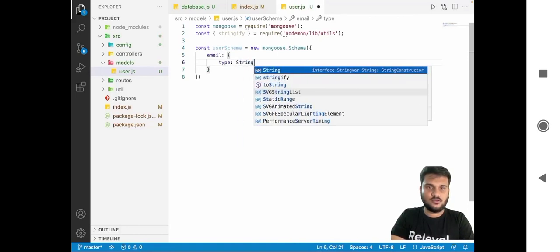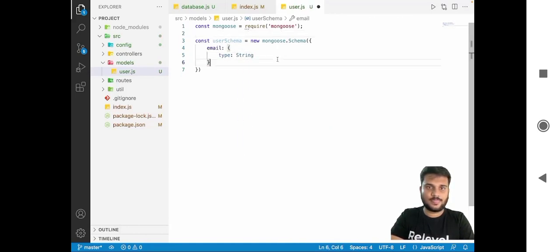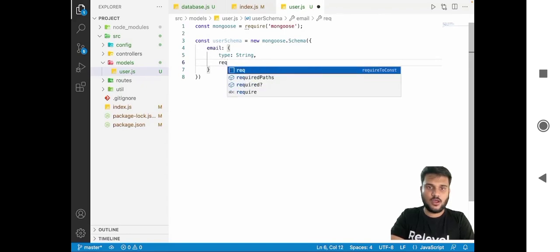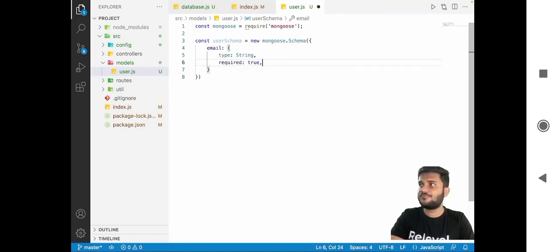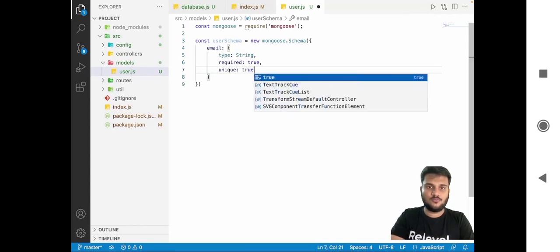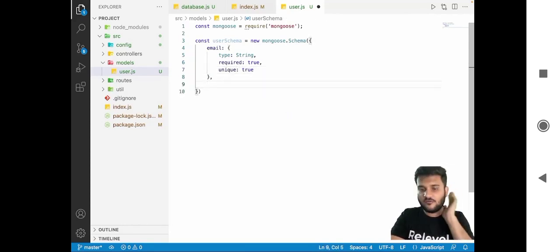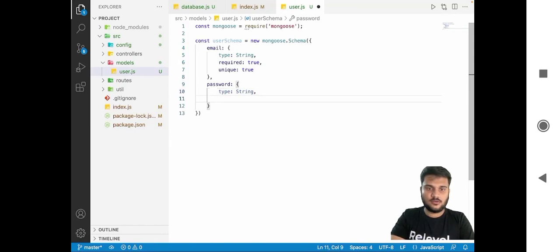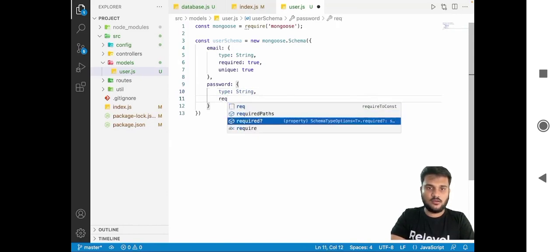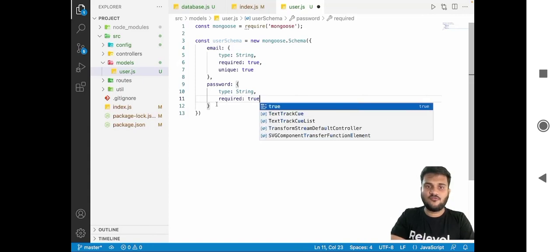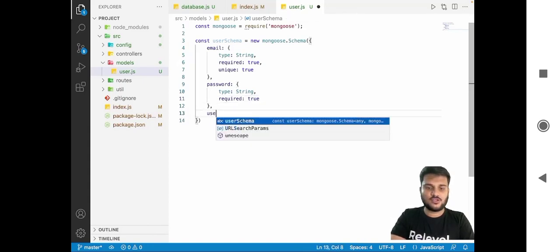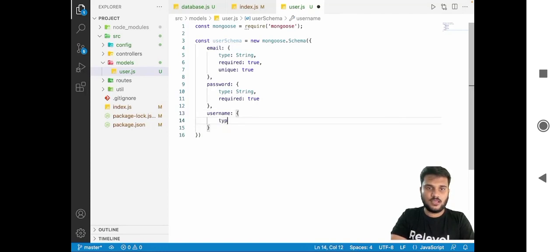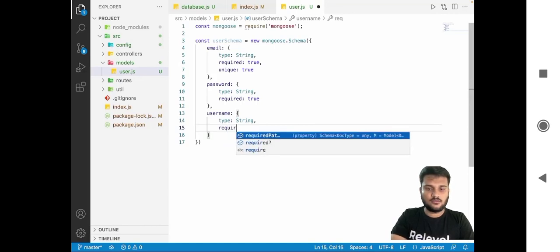This is going to be a type string. Let's remove this import, right? And this is going to be required true and unique true. Okay. Then we can have, let's say, a password field, type string, and required true. We don't need to have unique here. And let's say then we can have username, type string, required